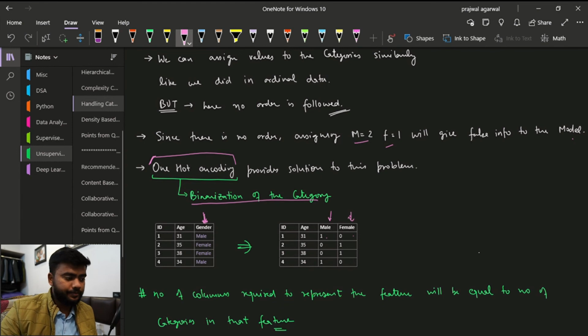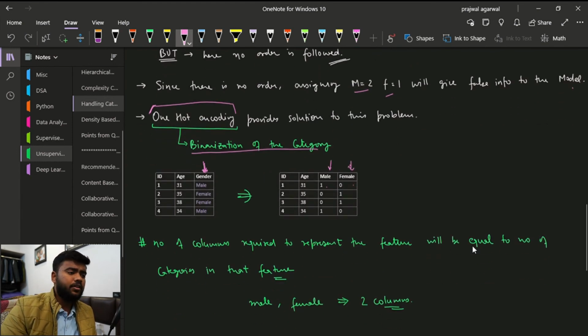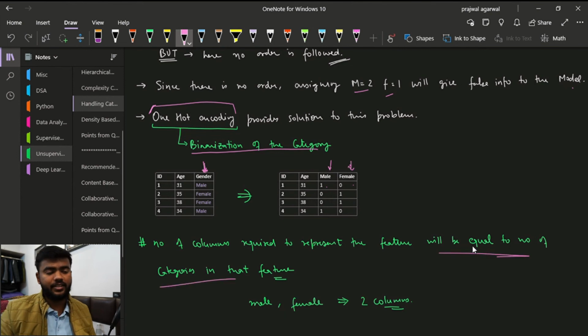This is how we do it. The number of columns required to represent the feature will be equal to the number of categories in that feature.